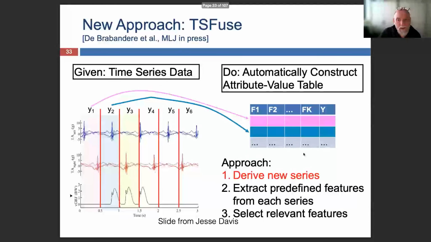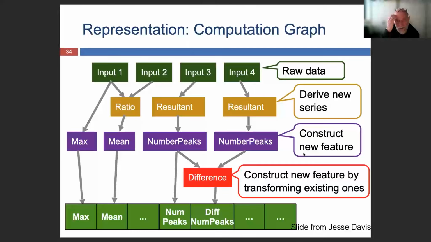And so what they have produced is a kind of automated approach that would start from sets of time series like that, and derive features in a couple of steps. They would build a kind of computation graph in which they first derive a couple of new series, and then on these new series extract some predefined features and select the relevant ones.